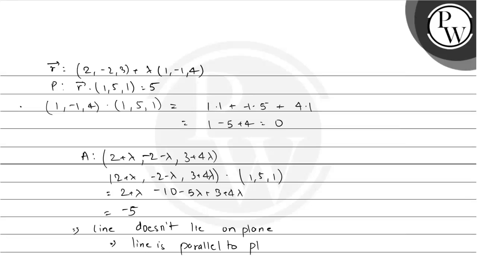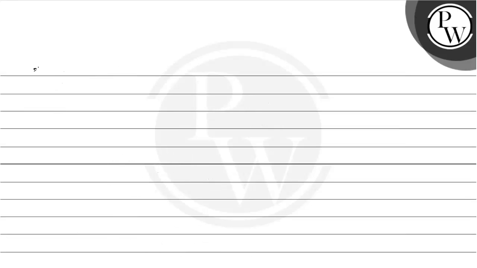to the plane. Now we have to evaluate the distance between the line and the plane. Now as the line is parallel to the plane, we can just take any point on the line and evaluate the distance of that point from the plane, and we know one such point which is 2, minus 2, 3,